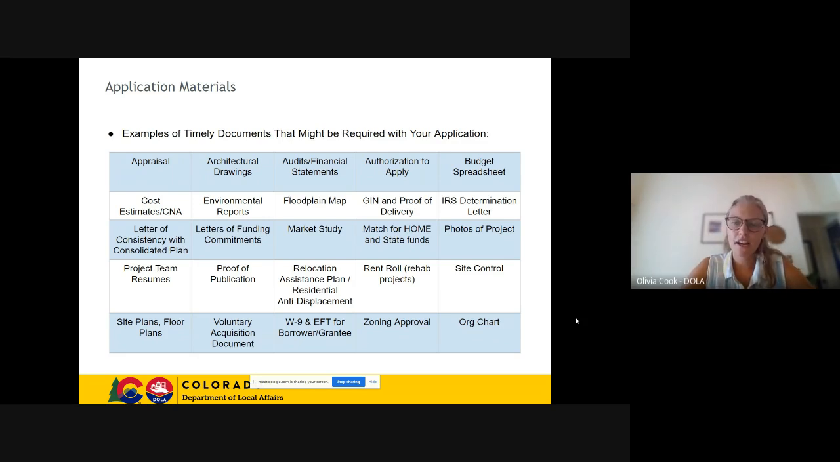You'll also need to submit the IRS determination letter if you're a 501(c)(3), so that we can verify that you're eligible for a grant. And then a letter of consistency with the consolidated plan. This is for applicants submitting CDBG applications in entitlement areas, to make sure that the application is consistent with those guidelines. So I'll show you where you can find a map of entitlement communities, but you'll want to keep